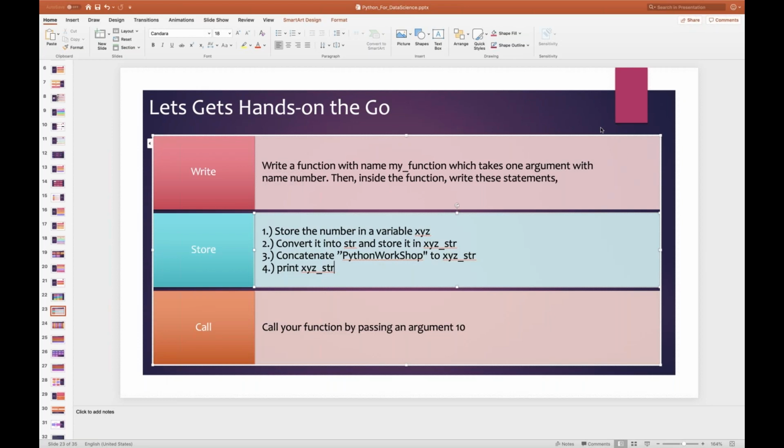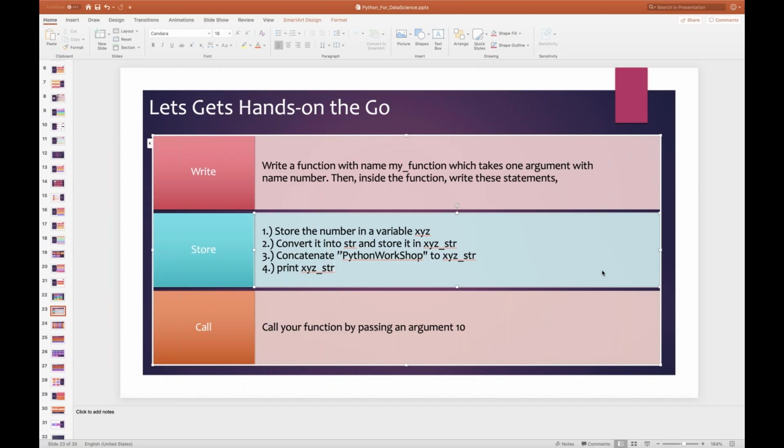If you see here, what my requirement is telling is first convert it into a string and store it in xyz_str. Now concatenate the Python workshop to xyz_str. Can you see my screen, everyone? I'll show you what I mean. You did well. Just one small warning it would get, but that's fine.